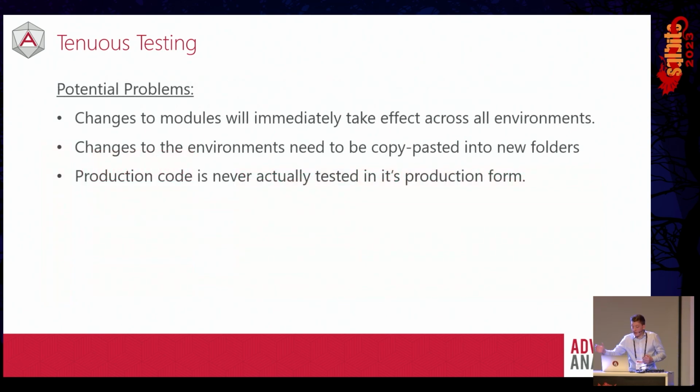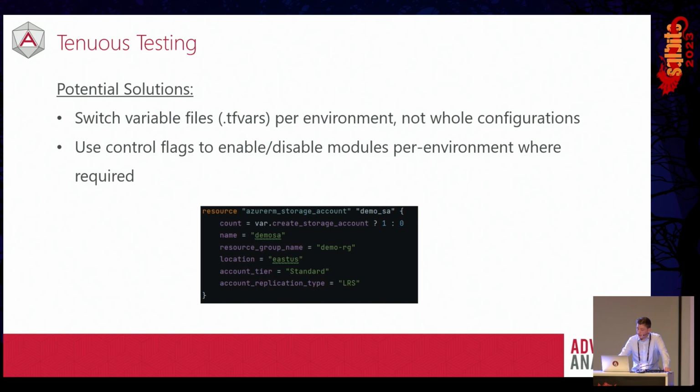So, again, just going through the problems, changes to the modules also will take effect immediately. Anything that's in an environment folder needs to be copy-pasted, and you're not testing until you get to your production form. You're not testing production code until it hits production. So the way I solved this was you can feed different environment files per environment